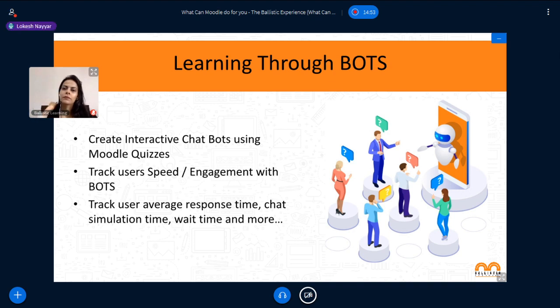Learning through bots. The problem statement: the client wanted to set up a platform for recruitment of new joiners. For onboarding, they used to take assessments on a proprietary platform to check users' analytic skills. The client was also using a chatbot, which was again a third-party proprietary platform. Since the client was recruiting close to 10,000 users per month, they were looking for a solution which is scalable, modular, open source, and that could be adopted globally throughout the organization.